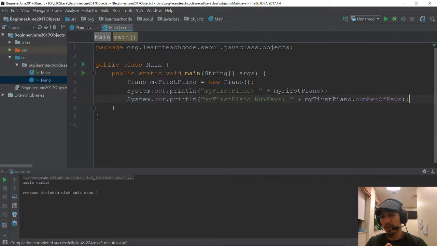There's a classification called Piano. And I've created a new piano object from this class. Basically, the blueprint for a piano is the class, and then I've created an actual physical piano based on that blueprint, and I'm calling it myFirstPiano. Okay? So now if I run this program,